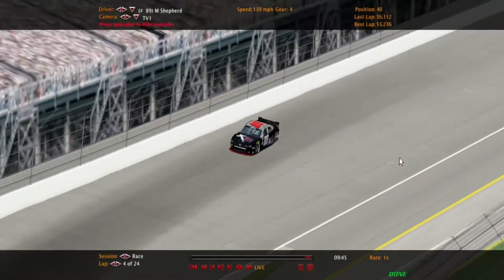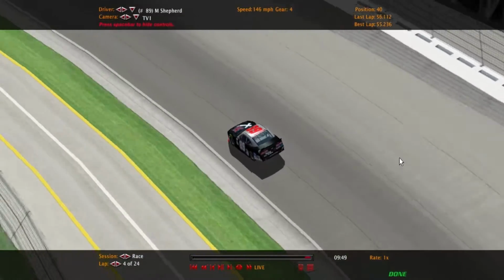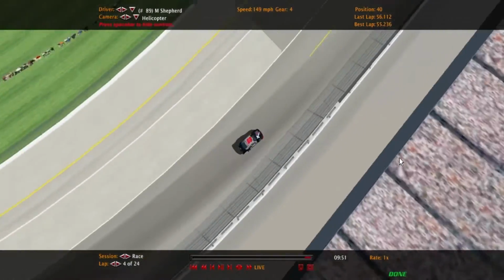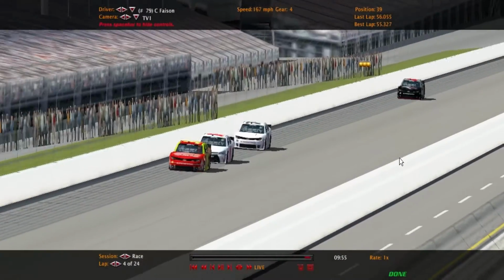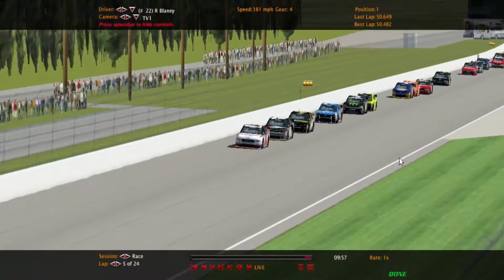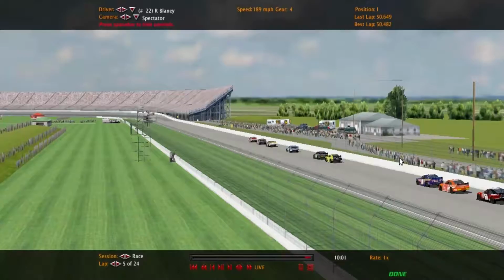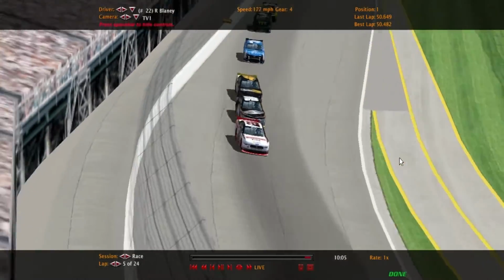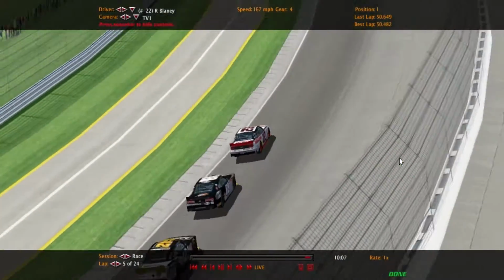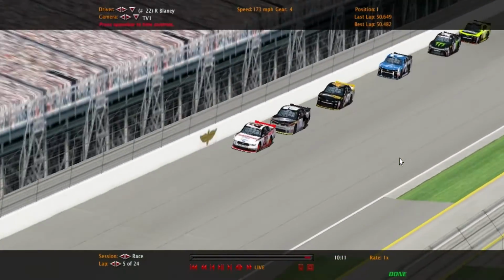And the 89 of Morgan Shepherd's been in the wall. See, he is off pace. Morgan Shepherd in the wall, and is he coming to pit road? No, he's not. But off pace is the number 89 of Morgan Shepherd. And I've had a lot of issues getting this race to have good racing. Right now it might be kind of boring, but the race for the lead is getting really heated up now